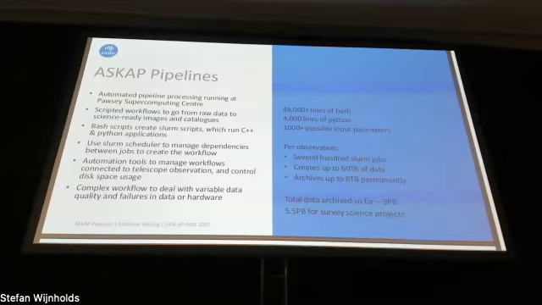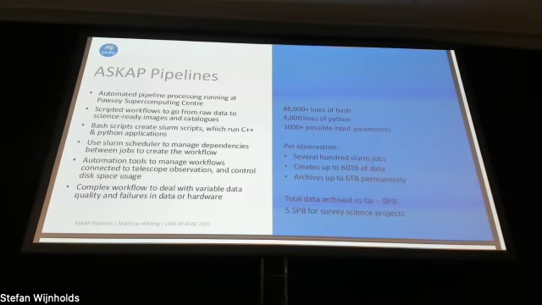We do get rid of most of the raw data that we take. We don't have the space to store all of that data. We really rely on the data reduction that goes into the imaging to be able to archive what we can. As it is, we've archived a lot. CASDA is up to about 9 petabytes of data, almost all of which has come through these pipelines. For the actual survey science projects, that's about 5.5 petabytes. So it's a lot of data, with a lot of large spectral cubes that dominate that size.